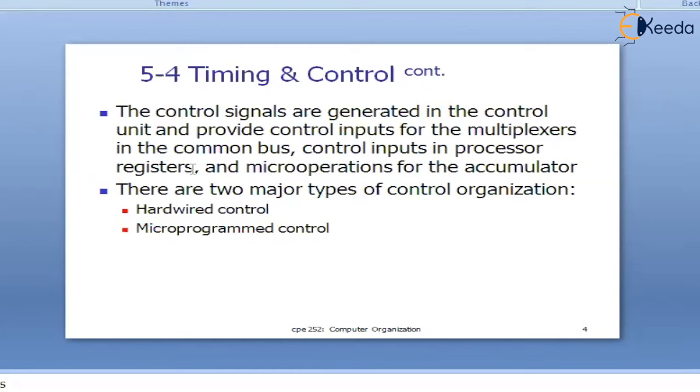Who is going to do it? The control unit is going to send the appropriate control pulses, the control signals, to enable each of these operations during their respective clock pulses. Now, when it comes to the design of the control unit, in how many ways can we design it? There are 2 ways that we can design the control unit. One is the hard-wired control unit. The second one is the micro-programmed control unit.